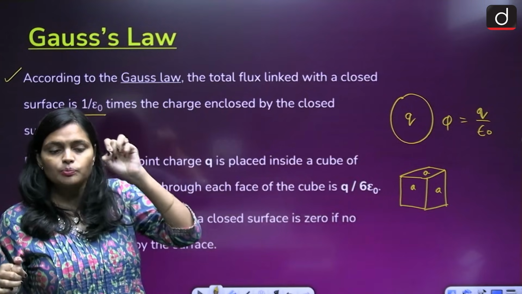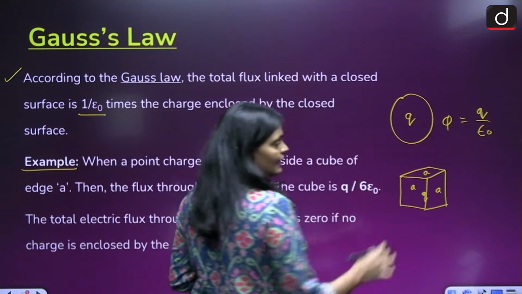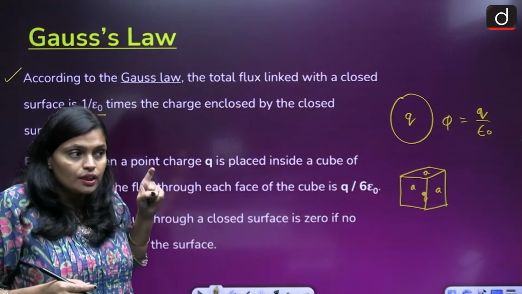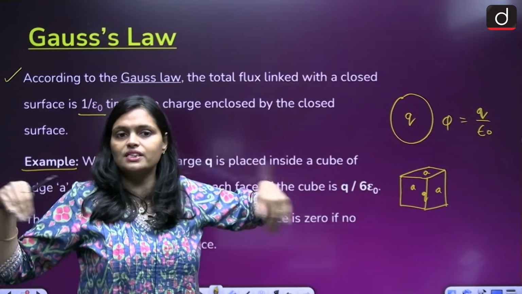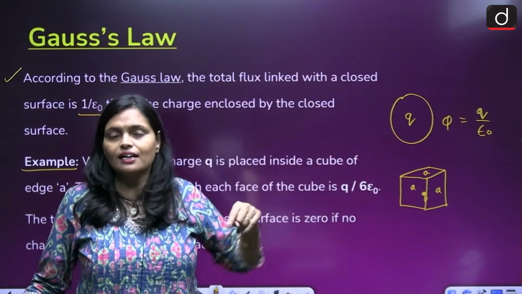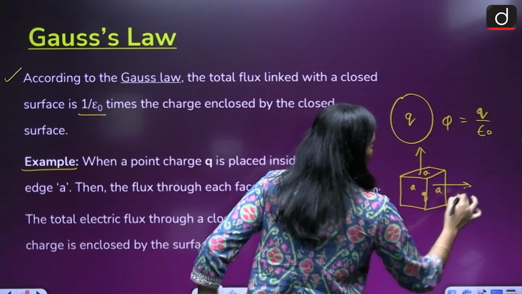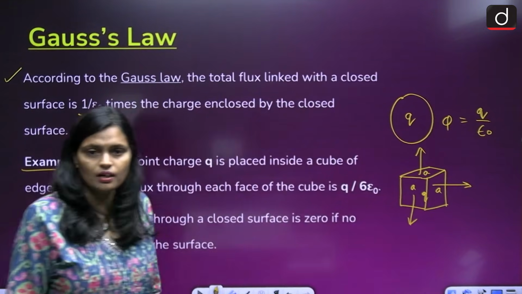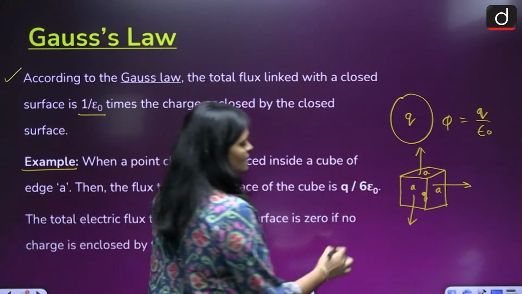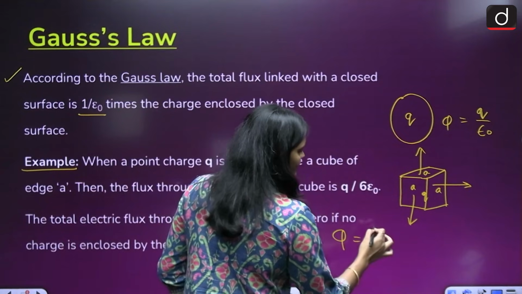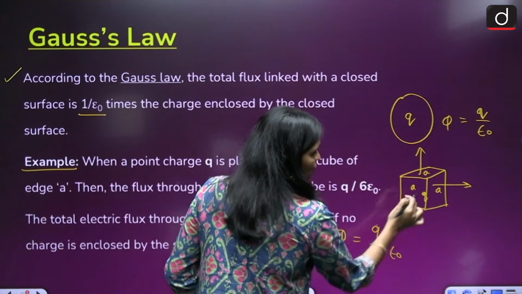तो अगर उस क्यूब के अंदर चार्ज रखा गया Q, now suppose a charge Q is placed inside this cube. Due to this charge, the electric field lines are coming out from the whole surface. ठीक है, हर surface से निकल करके आएगा. So if it has 6 surfaces, from all the sides the electric field lines are coming out. Electric flux is coming out. So the flux through each face, तो जो flux होगा हर face के लिए Q by 6 epsilon naught